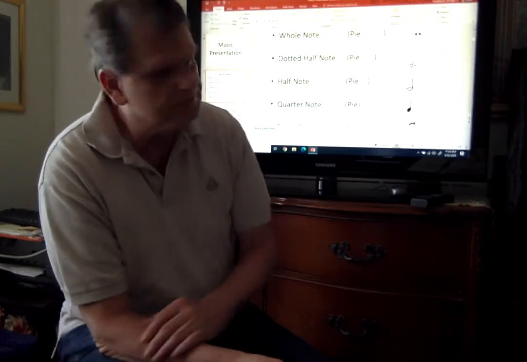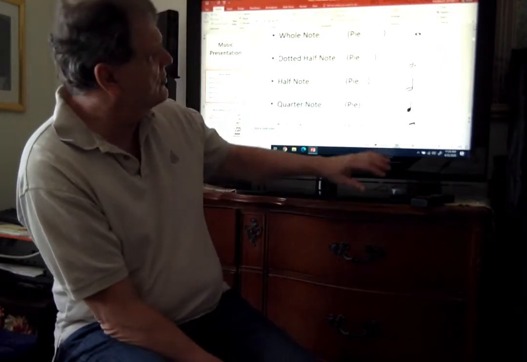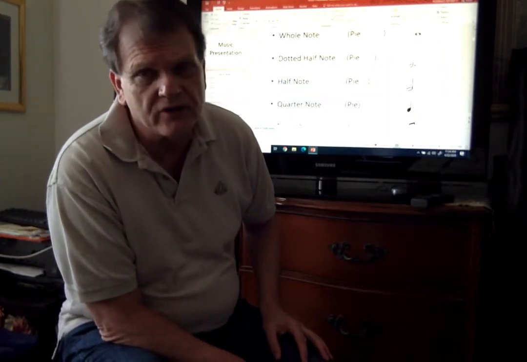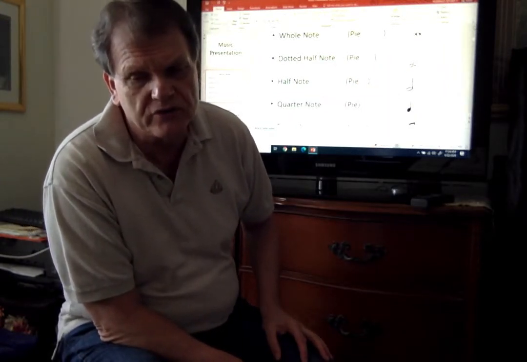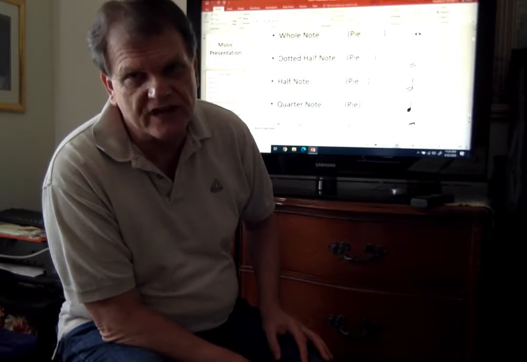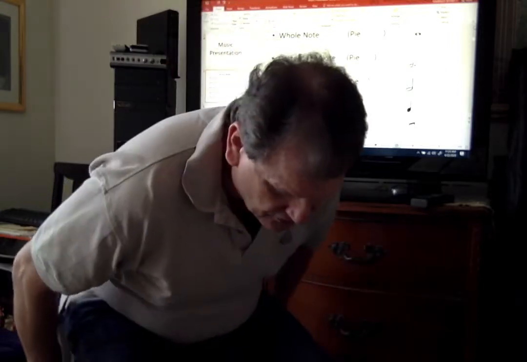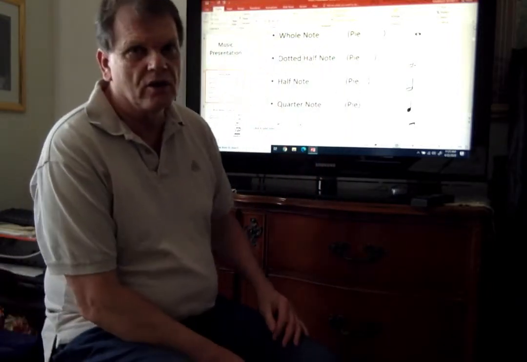Today we're going to work on, as I said last week, how the notes look written on the staff, rhythm-wise. Go over rhythm patterns, and also we have a new song, and you're going to have to figure out the sections for yourself and the form of the song. We'll get to that later. So first of all, I want to go over, hopefully you can,